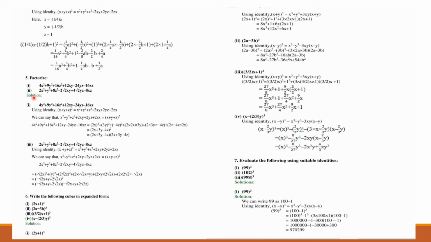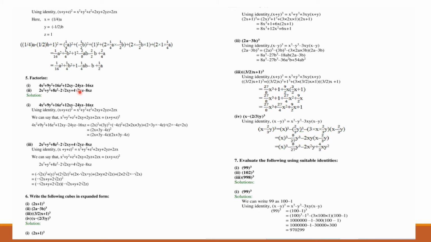When we see this question, what we can correlate it with is that it may be equal to (a plus b plus c) whole square. So let us cross check. Is it possible? 4x square is the square of 2x. 9y square, square of 3y. 16z square, here we have written minus 4z. Now why have we written minus 4z here?